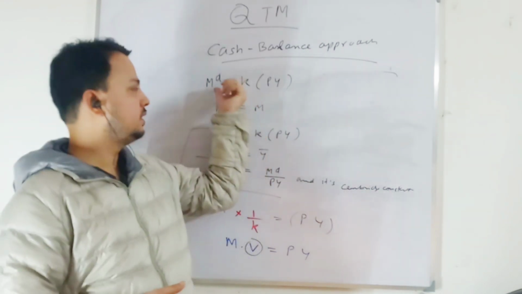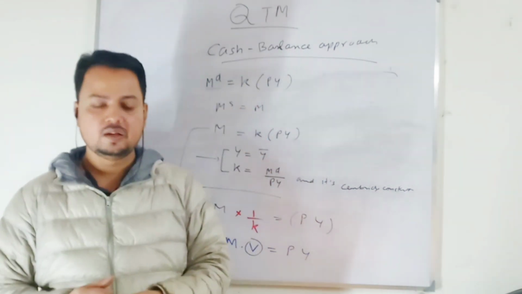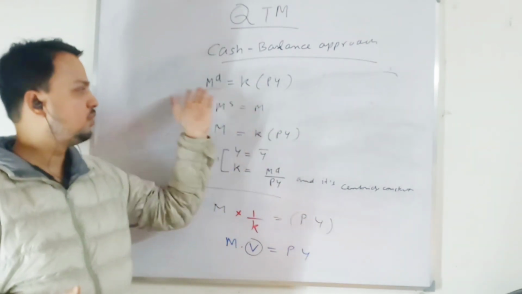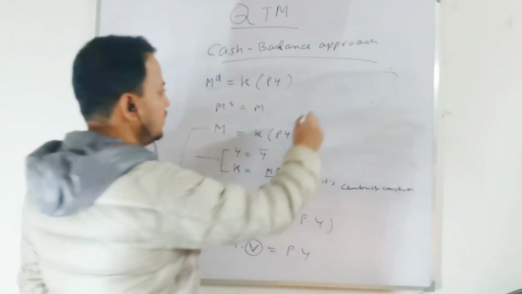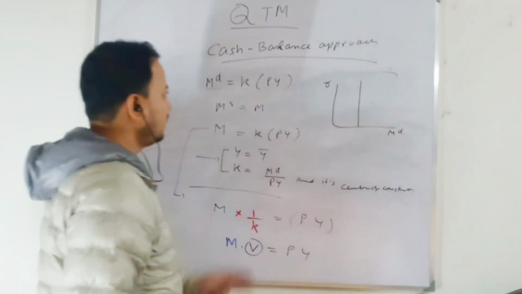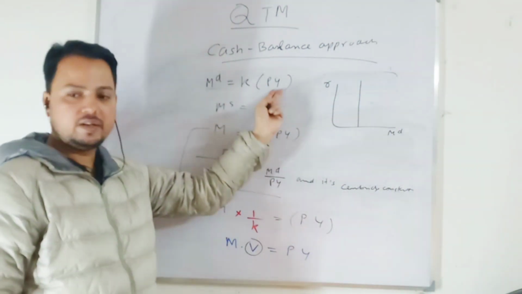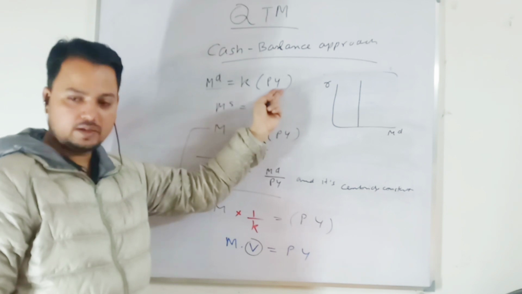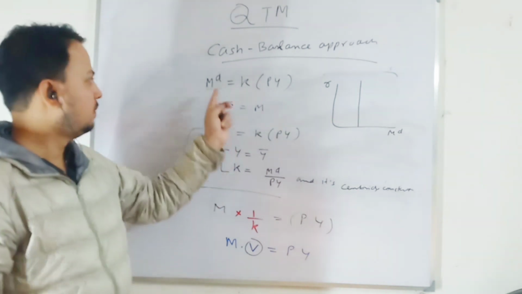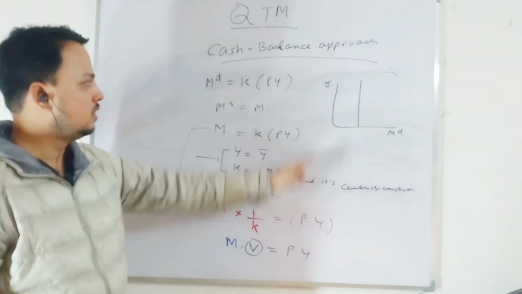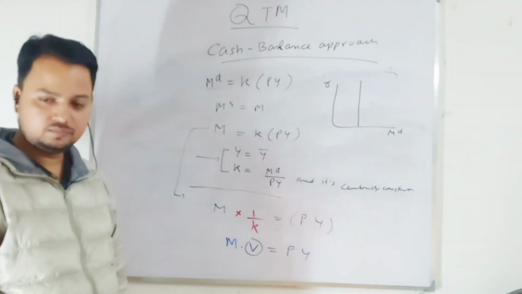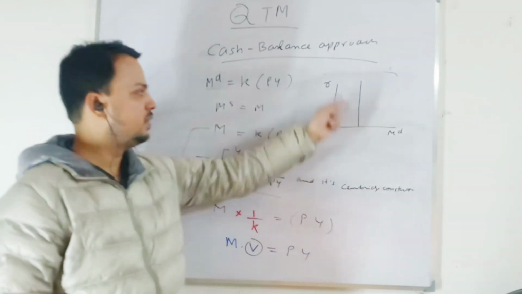So rate of interest is not considered in this money demand function. And here it is showing that money demand is inelastic with respect to the rate of interest, so it is not influenced by the rate of interest. So I am writing rate of interest here, and money demand here. So money demand will be like this. See the function. Does it have any rate of interest? No, right? Yes or no? Money demand is some proportion of the value of output. So when I am drawing with respect to rate of interest, it is not determining money demand, right? Agree? Okay, so it will be like this.